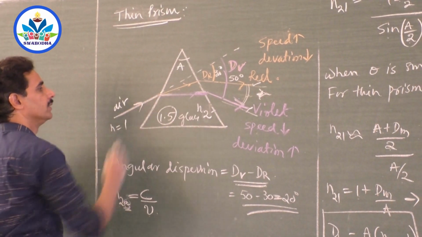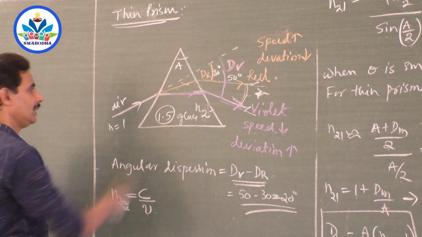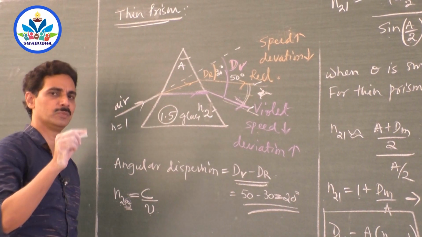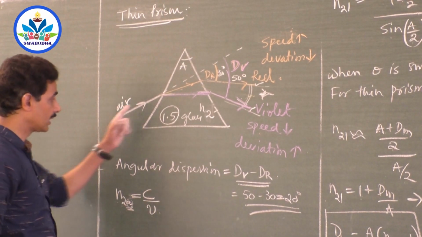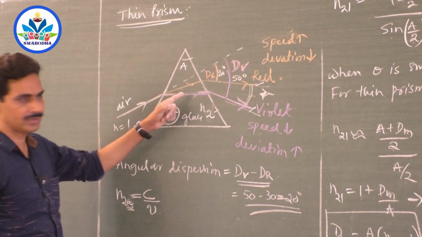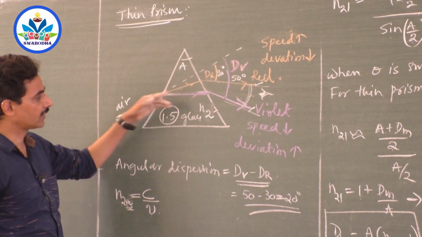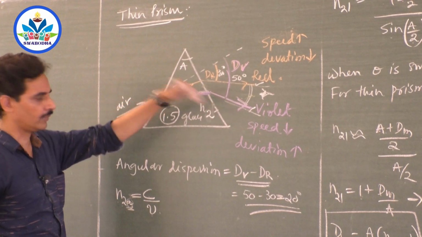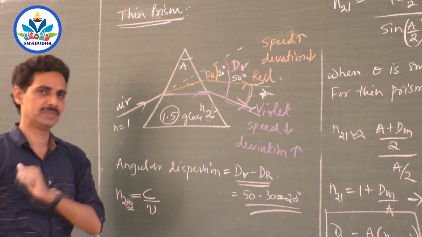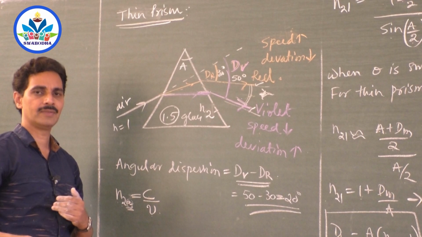Now you ask the red color, what is the refractive index of that medium in which you have entered now? You have separated from violet. You were together with violet in air. Now you have entered a medium and you have traveled faster. That's why you have bent less than violet. What is the refractive index of that medium for you, red color?